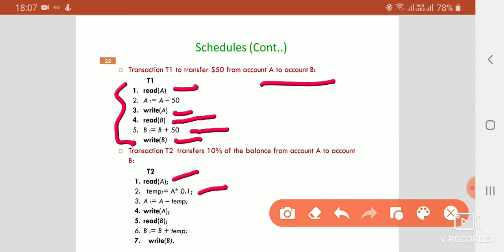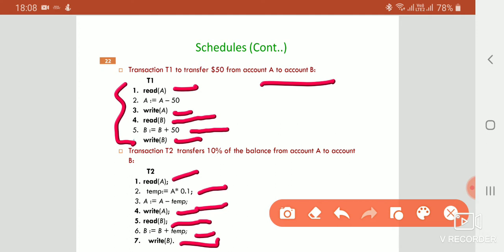Then A is equal to A minus temp, meaning that 10% is deducted from A's account, and we write that on the buffer. Then read B's account, add the temp value, that is 10% of A's account value, to B's account, and finally write B.